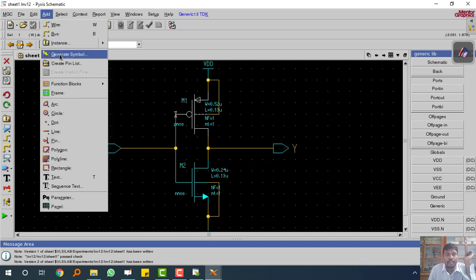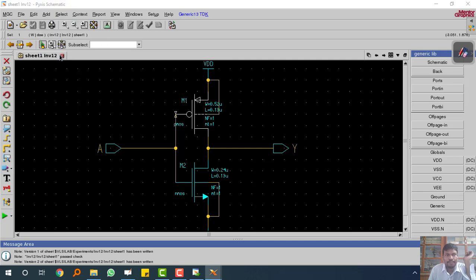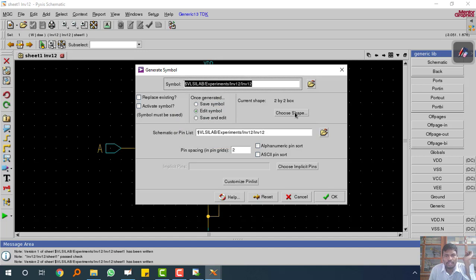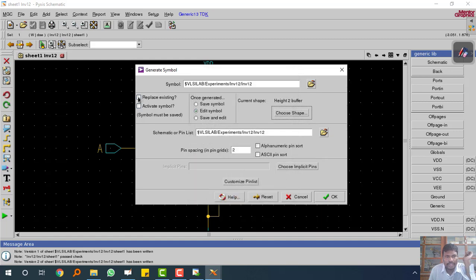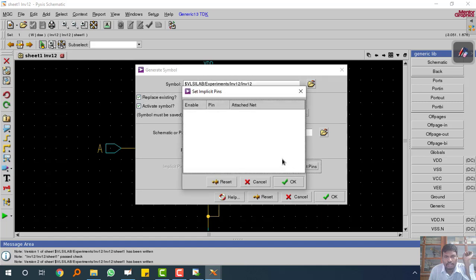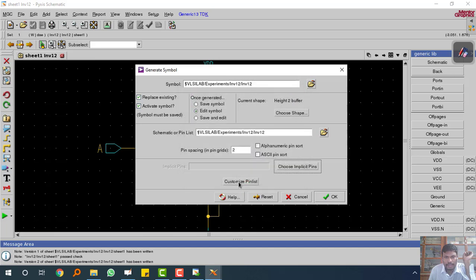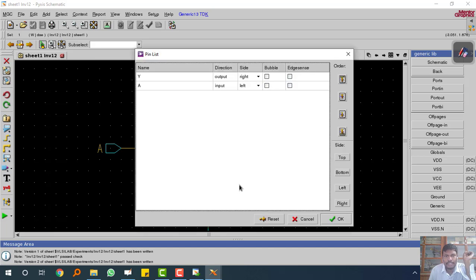As the schematic of the inverter is completed, the next thing you have to do is add the component or generate the symbol. Now choose the shape. The shape is like a buffer, and you tick replacing existing and active symbol. Here, click customize pin list.